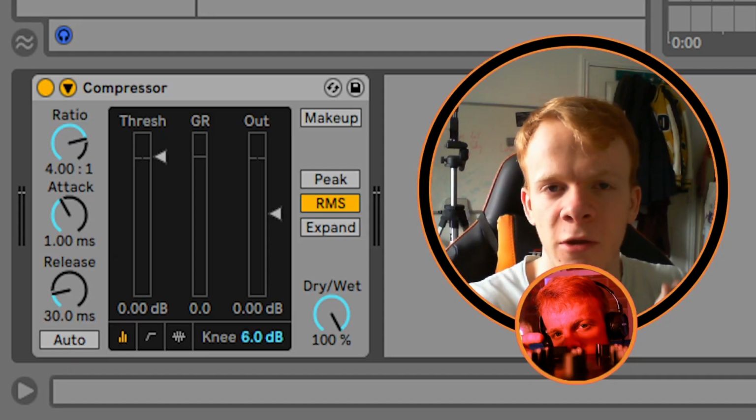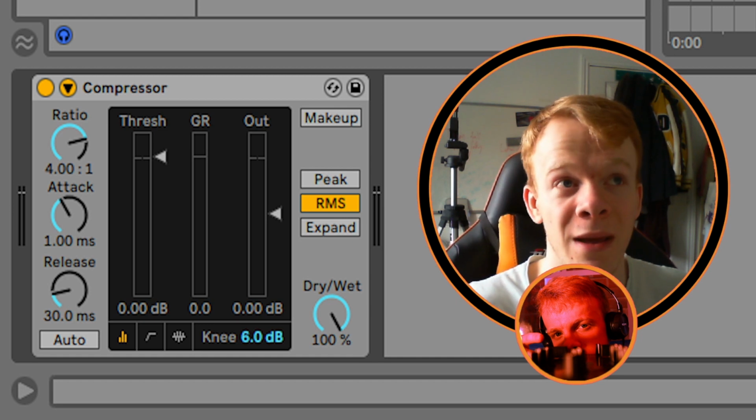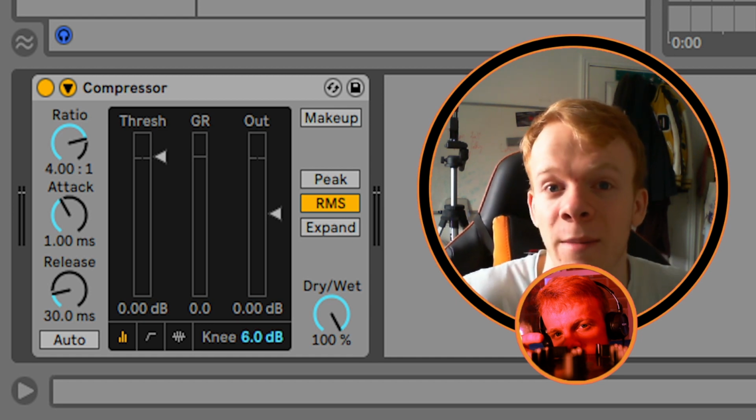Compressors, everybody's heard of them in production. They're one of the most important tools when used correctly. But what do they actually do on your track? Let's find out. The fundamentals of a compressor, what they actually do, simply, is they compress the dynamic range, hence